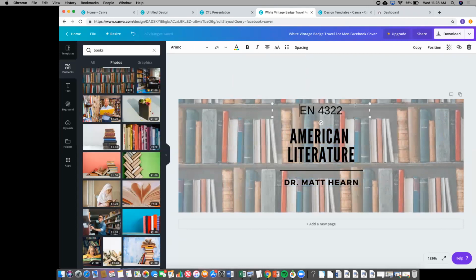So I've done a lot of that where you make the picture more transparent and then you can put your banner over that. So that's making a course header. So now if you want to use this in your